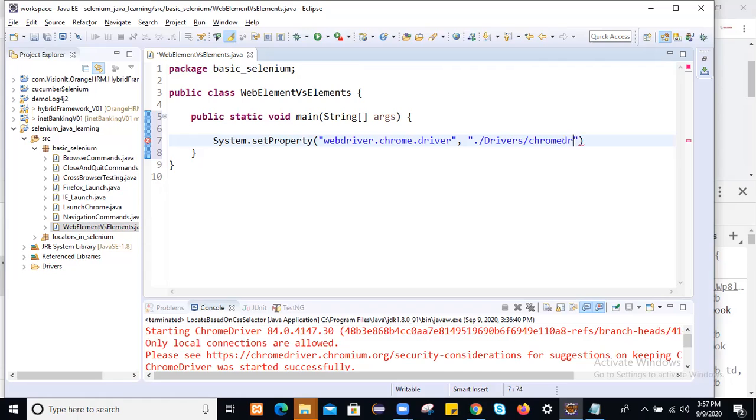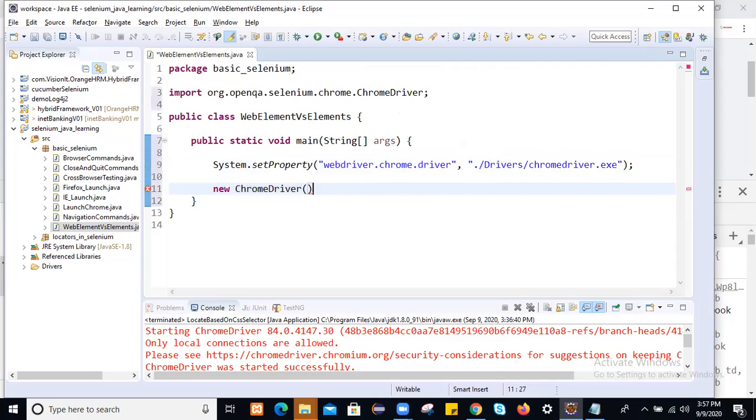Just use chromedriver.exe, and after that launch Chrome driver. Just create an instance of this Chrome driver. The moment you create the instance of ChromeDriver, it will launch Chrome. So let me create the WebDriver instance.